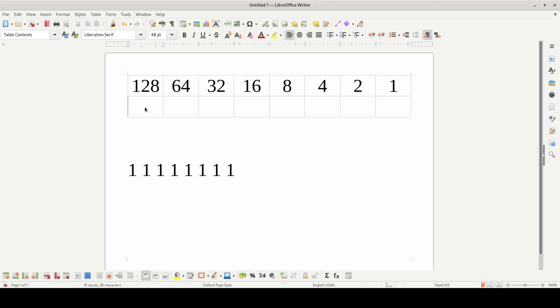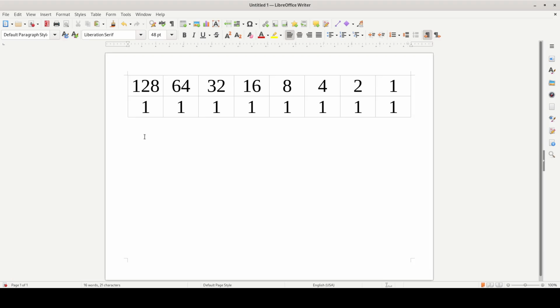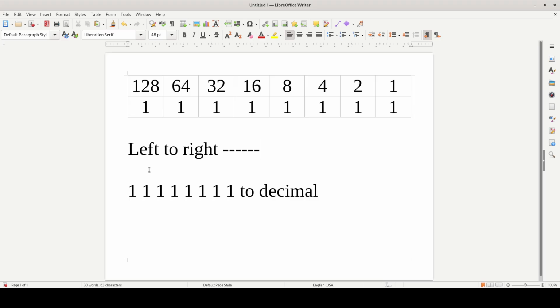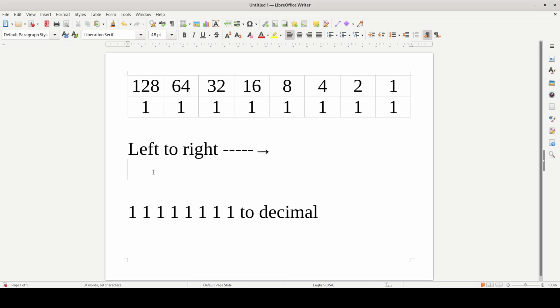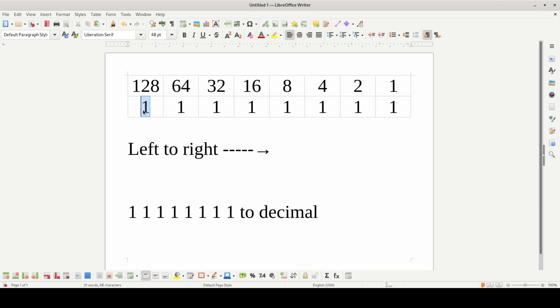Okay, our value is 1, 1, 1, 1, 1, 1, 1. So this is our binary value. We are going to convert to decimal. Okay, binary to decimal. How to do it? You have to follow left to right direction. What I am going to do here, I see 1, so I will take from this